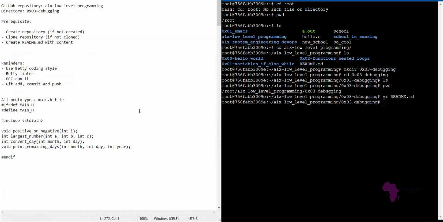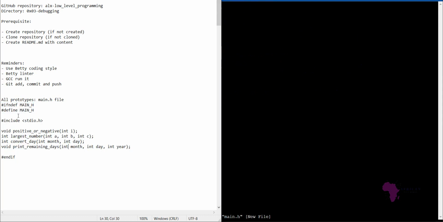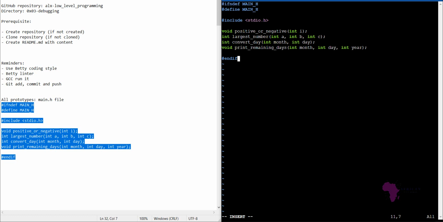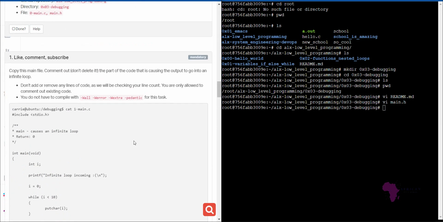So personally, I had already put all the prototypes that I will need in one folder for ease of today's session. So these are all the prototypes and all the things that I need. And I will create main.h, and I need to copy all these prototypes that I have over here. So let me put these prototypes in, and then save. And now the next thing we need to do is create the